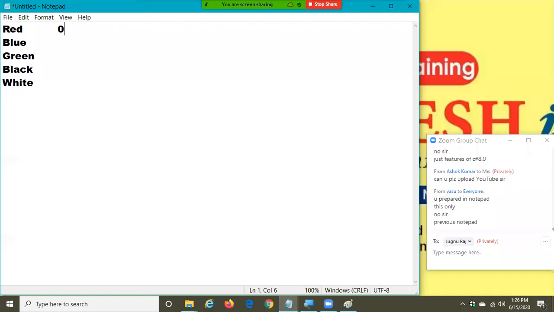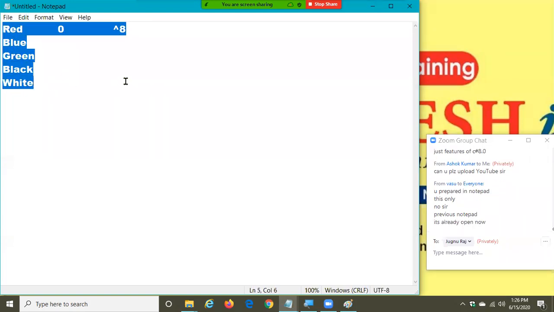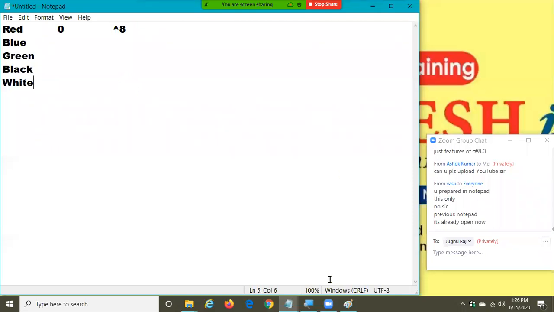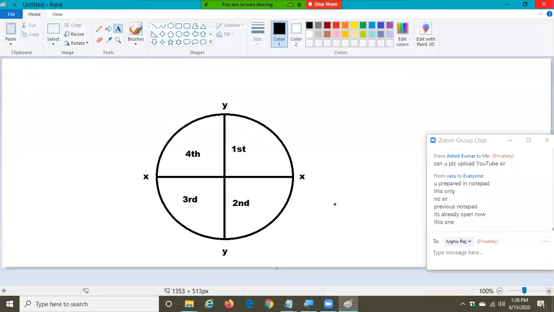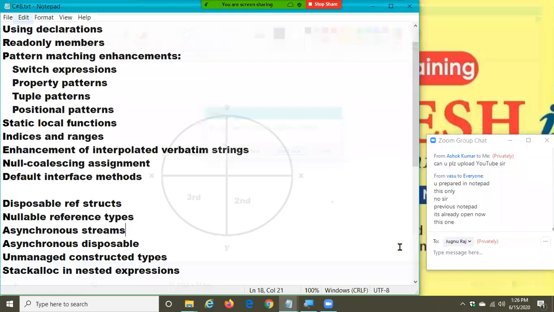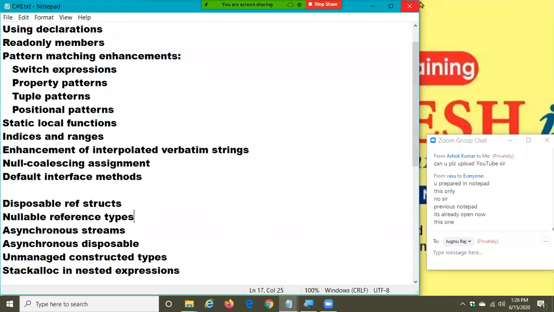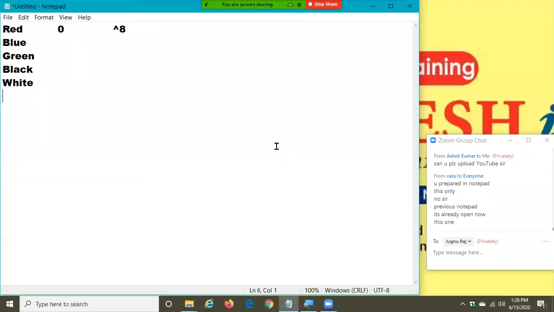This is 0 and this is negation of 8. Is this what you're asking also? It's not open here, it's closed, I don't have it.